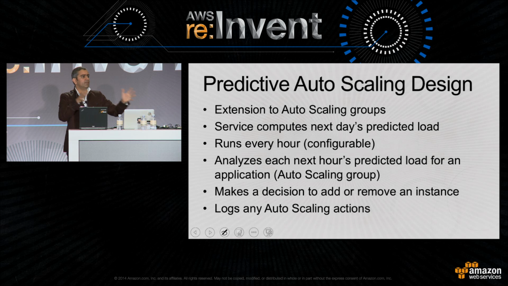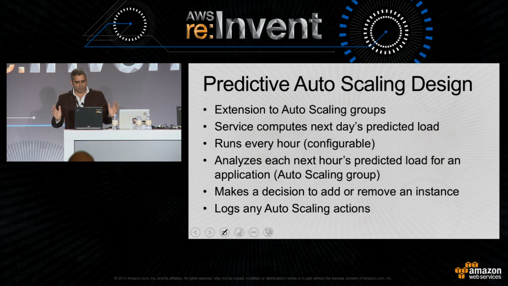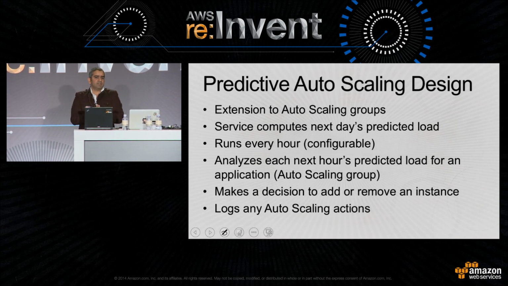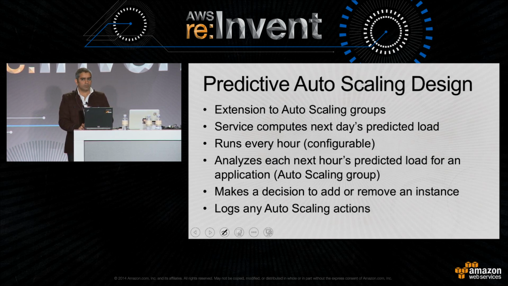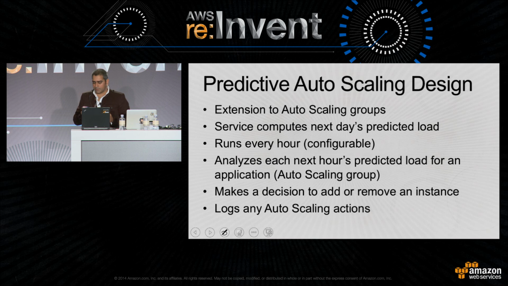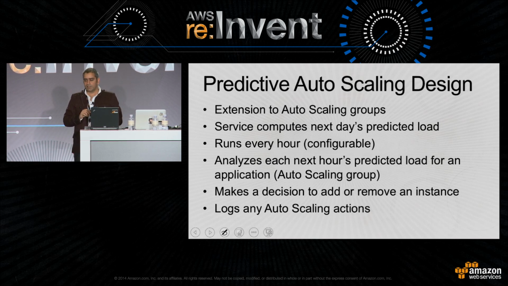We first compute the next day's load. We're looking at the daily load, but if you have a daily load, you can come up with a weekly, monthly, and so forth. It will show you the trend, and you can smoothen it. The number of observations will basically aggregate up to the value that you're looking for. You can configure it to run every hour. The demo I'm going to show you is going to run every 5 or 6 seconds. But I'm not going to actually call AWS ASG instances to add and remove instances, because I don't think it makes sense to do that as frequently, right?